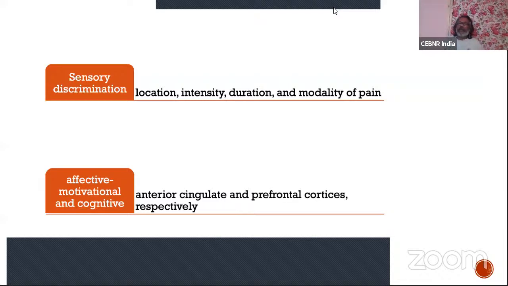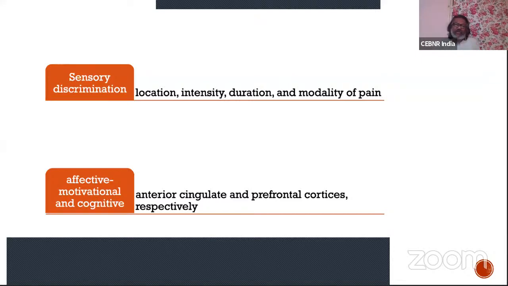Now, what's the value of sensory discrimination? As I said, it tells you where the pain is. If you can remember, you'll have your brain, your central gyrus, and then the frontal cortex and the sensory cortex. In the sensory cortex, they will draw an inverted human being, all the parts, a sort of map of a human person there. So it tells you where you have the pain. That's what we mean by location, how long it's been there, what's the intensity. All these things are part and parcel of sensory discrimination.